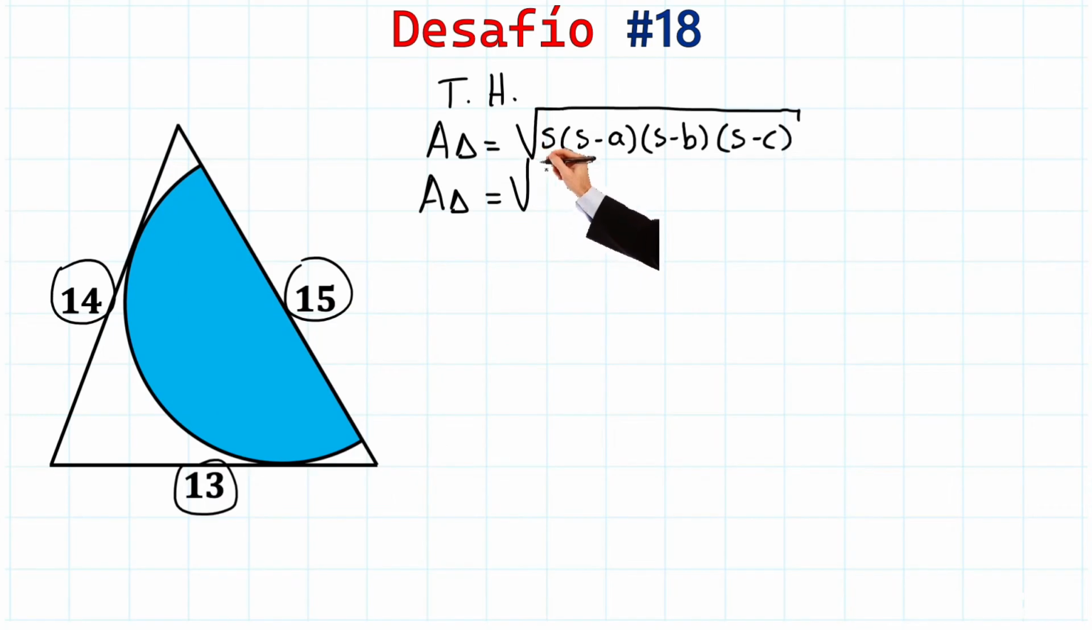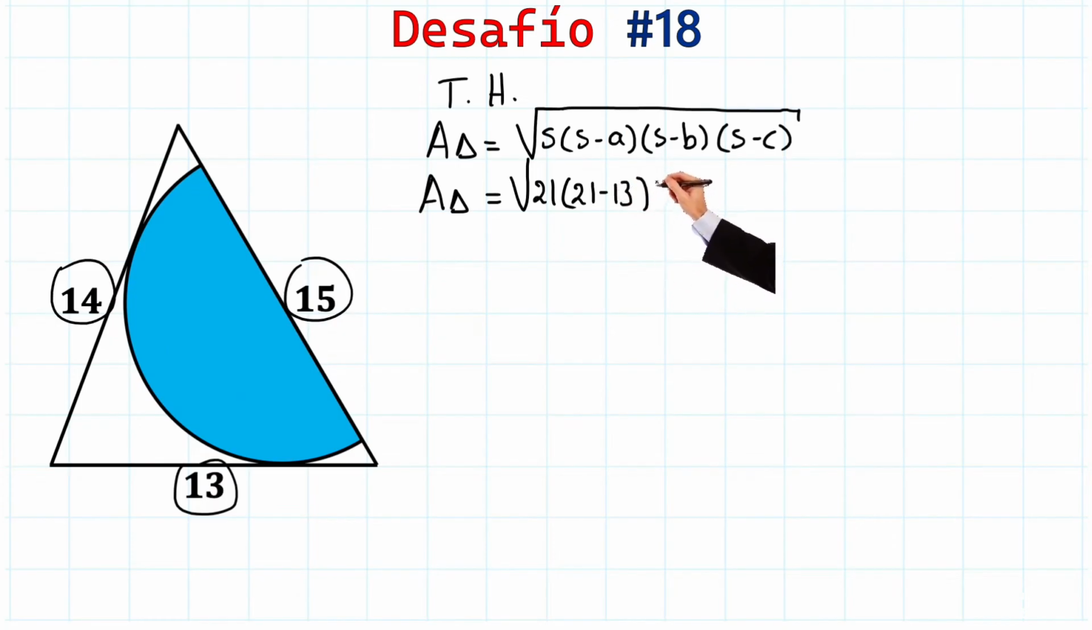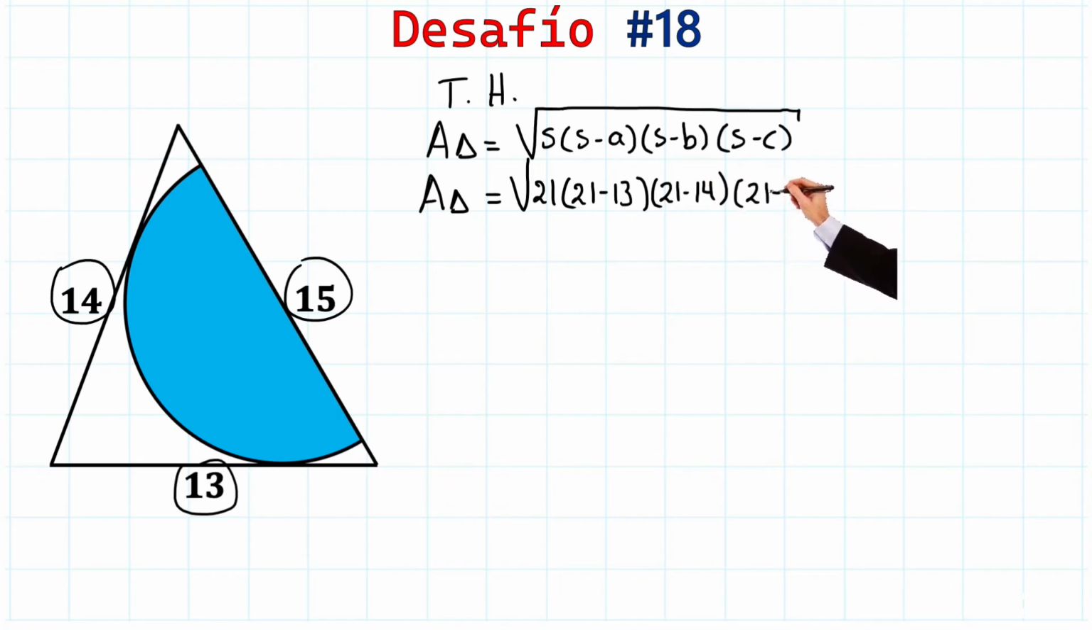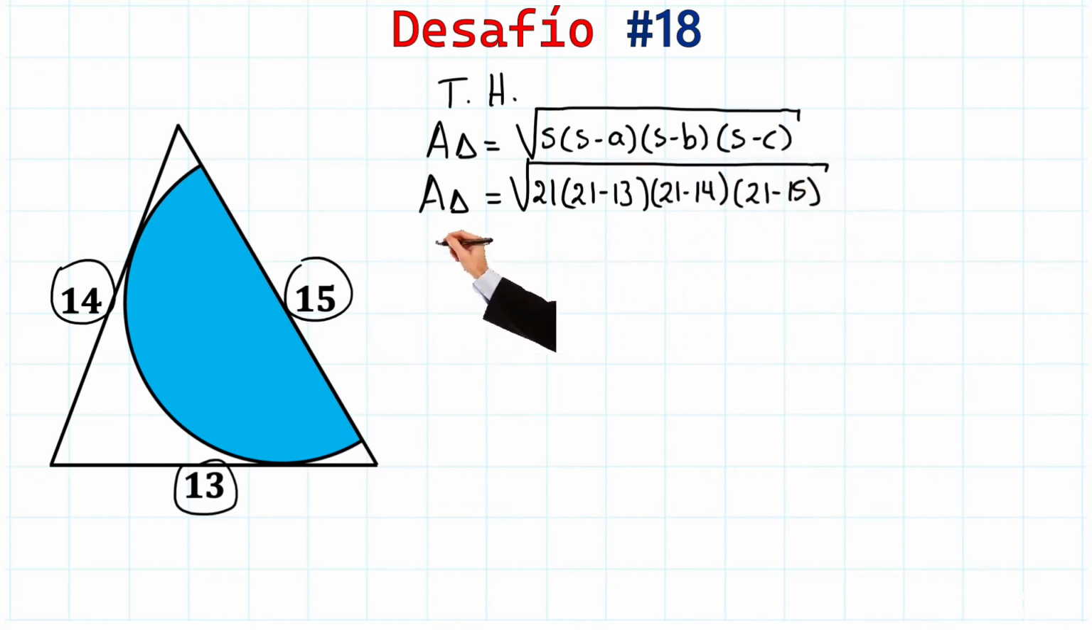So, with a pen, we have the square root of 21 multiplied by 21 minus. One of these sides is going to be side A. This is side A, this is B, and this is C. Very well, minus 13. Then we have 21 minus 14, and then 21 minus 15. Fantastic. All of this inside the root. You're not lost yet, are you? So we have that the area of the triangle is equal to